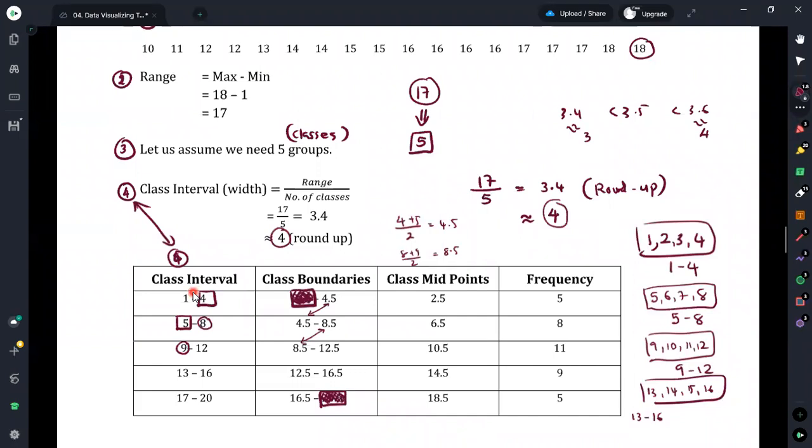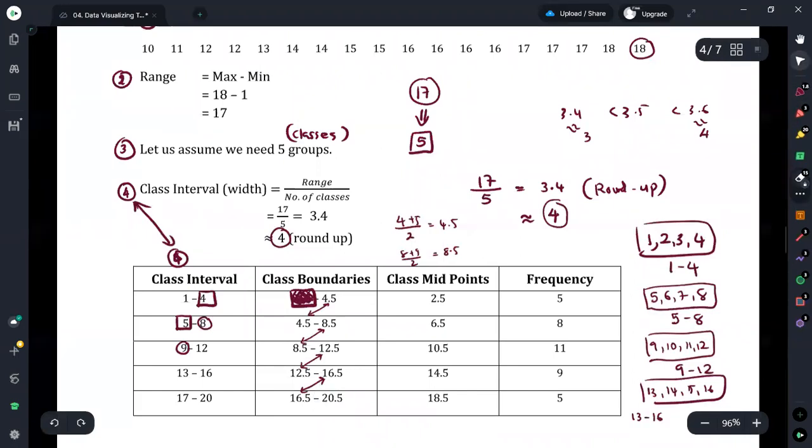Then adding 4 gives us the upper boundary of this class as 12.5. Then it would be similar to the lower boundary of the next higher class. Then adding 4 gives this value as 16.5. It is the upper boundary. Then it would be equal to the lower boundary of the next class. Using this technique, now you can easily obtain the upper boundary of this class. Therefore, what we can simply do is add our class width to the lower boundary. That is why we are getting 20.5.